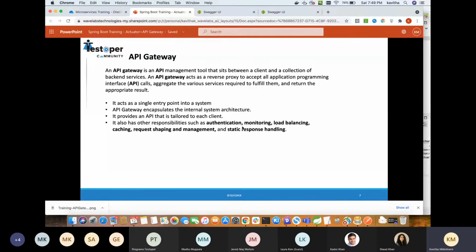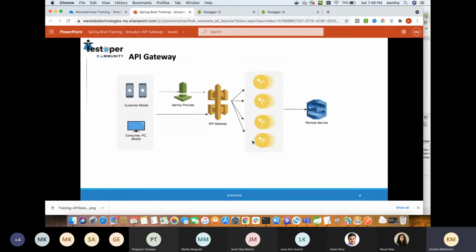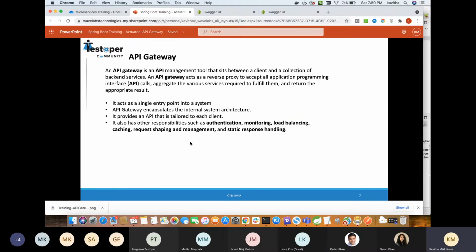So if you see the picture, we have multiple microservices here. We have the API gateway, which has been exposed to the clients. So one single call comes with the API being shared, and the gateway in turn resolves which microservice the call has to go to. So the routing, or the traffic management, the API gateway will do, and that's based on the configurations of the API gateway.